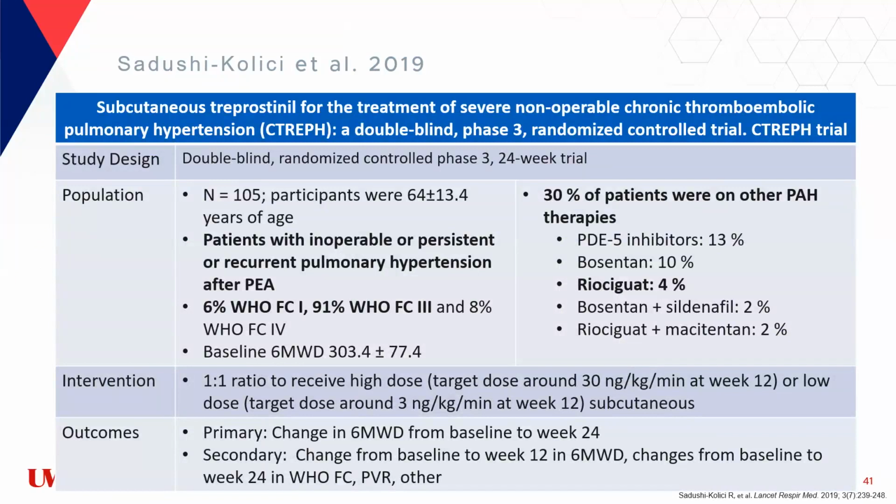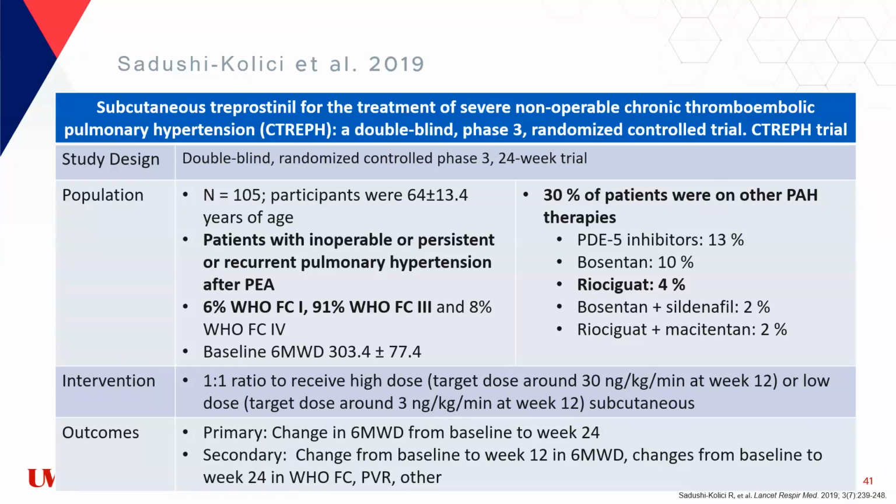They had 91% of patients in WHO functional class 3, and baseline 6-minute walk distance was way lower, 303, compared to other trials we talked about today. This is another trial that allowed baseline therapies, which is interesting. Riociguat was also included as part of that baseline therapy. Because patients were a little bit more severe, they decided to do an active comparator. So they had a 1-to-1 ratio for patients to receive either a high dose of treprostinil or a low dose of